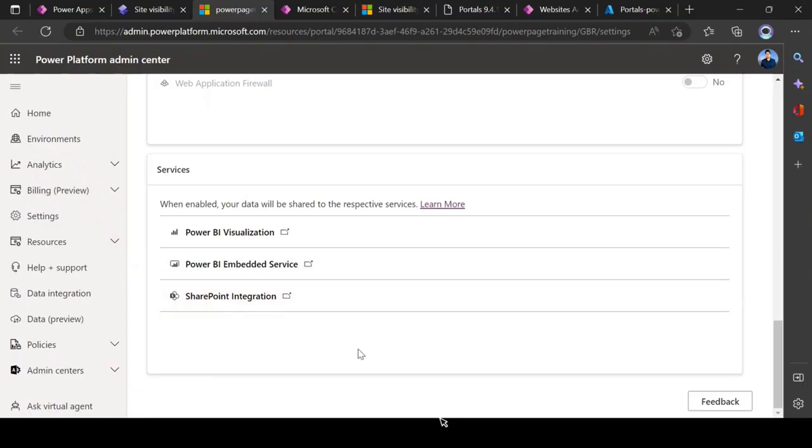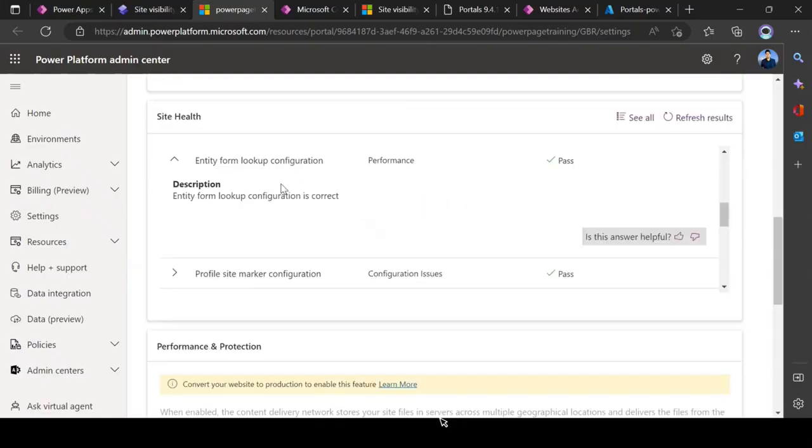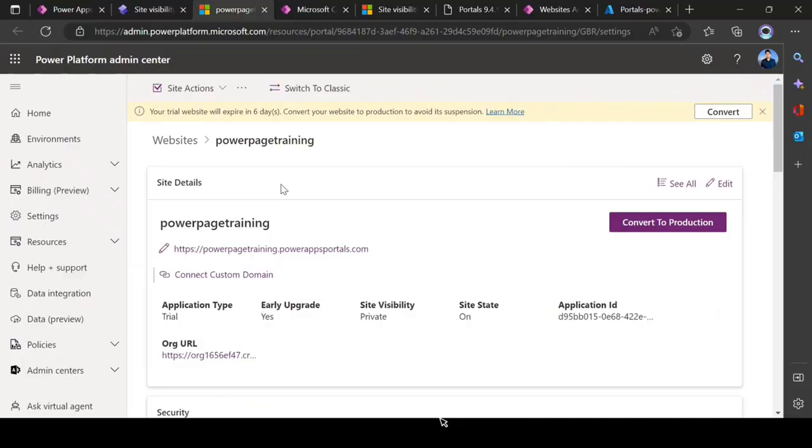If you want to embed the Power BI report or embedded visualization or the embedded services, you can also manage it from here. So this topic, I think I've already discussed in more detail, so I'm not going to dive deep into that. Just one last thing from the admin perspective, I want to show you here that sometimes you want to upgrade